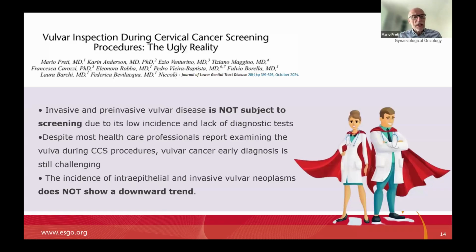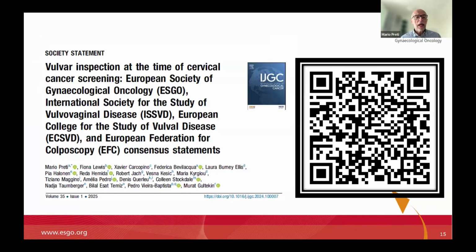Because in this study, also in Italy, all the physicians replied to our survey that they pay attention to the vulvar inspection before taking the HPV test or performing the cervical colposcopy. But it's not true. They are liars, because the incidence of intraepithelial and invasive vulvar neoplasia doesn't show a downward trend. And so you can download with this QR code our recent paper with the last name of our chair, Murat Kultekin,